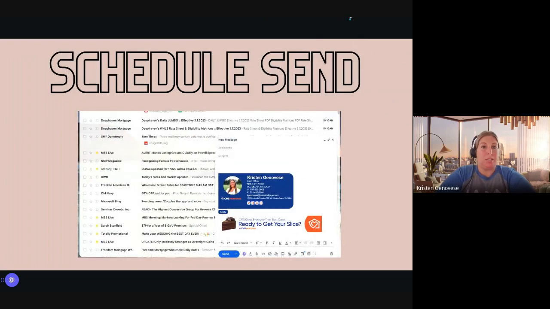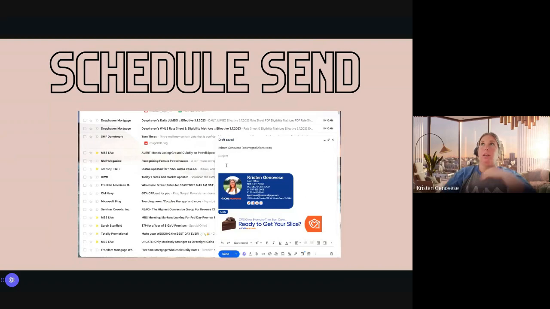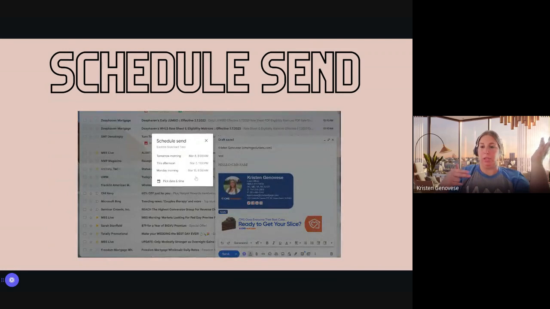Schedule send. Did anybody know this feature was in Gmail? Has anybody used it? So Gmail has the set reminders that you can use. So you can do the set reminder where, if you read an email and you want a reminder, let's say the next morning, you can set it for that. And then once you read the email, it'll go back into your inbox and it'll populate again in the morning